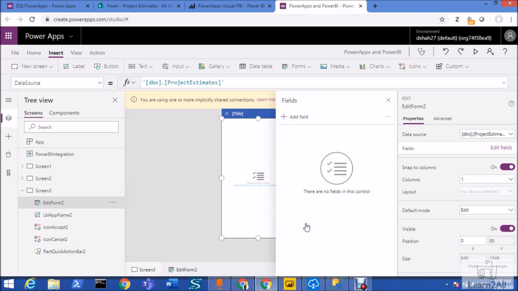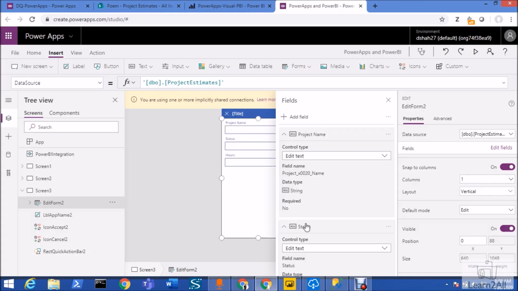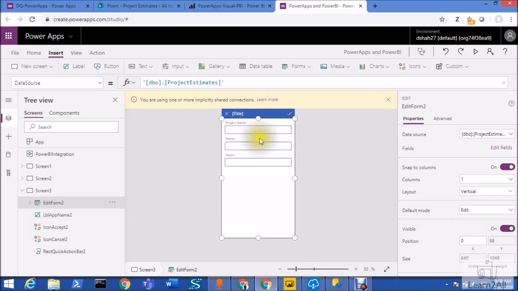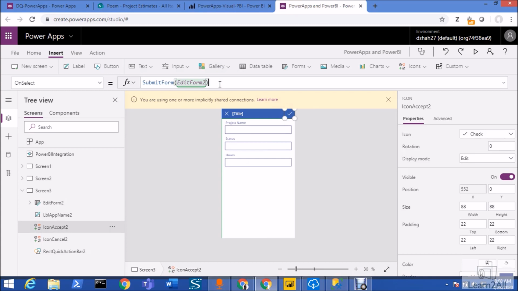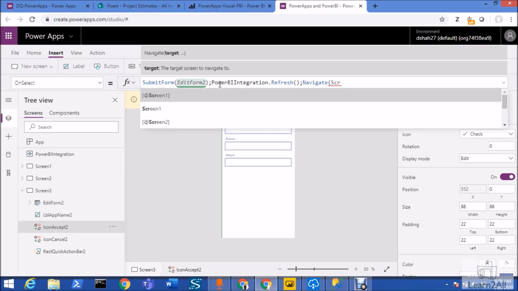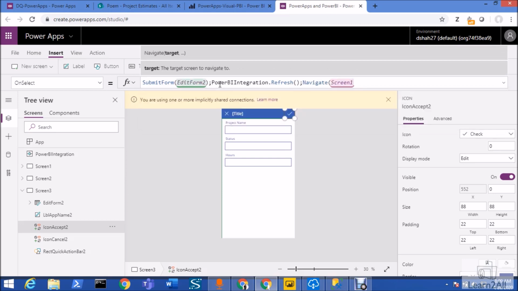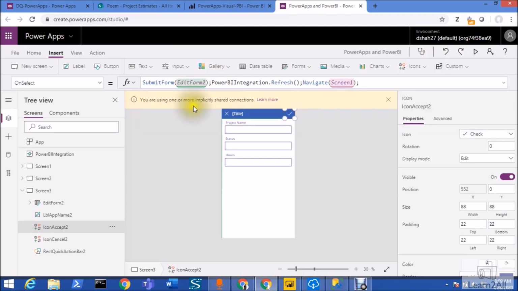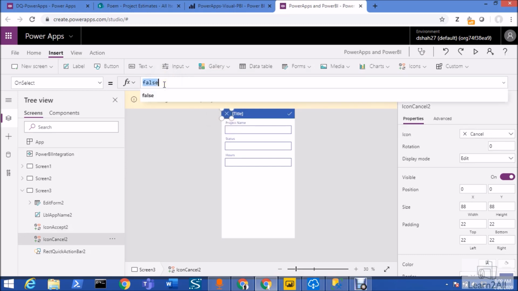Right, so when the user is redirected from the grid they should be able to see these pre-populated fields, and once they click on that, submit form would be triggered. With that we need to call PowerBIIntegration.Refresh, as well as navigate to screen 1. Right, and on cancel we need to go back.